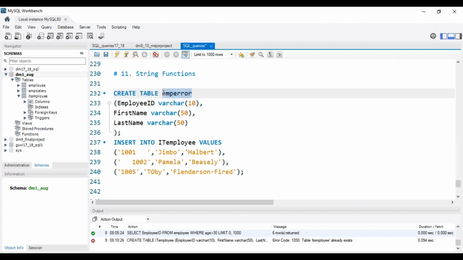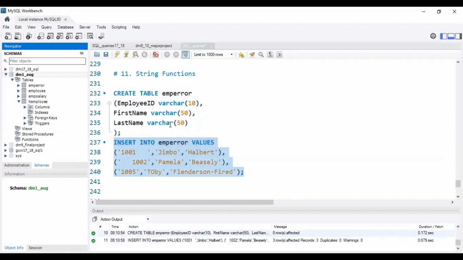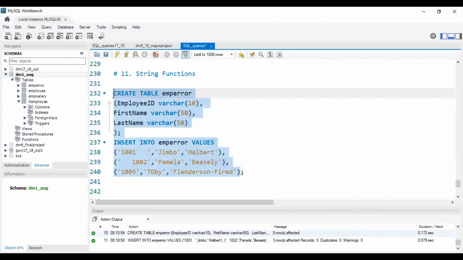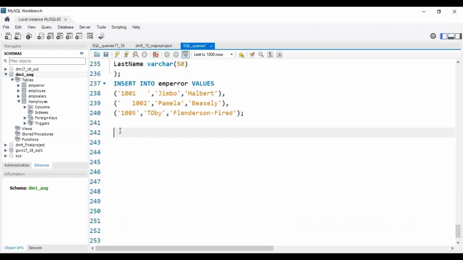Okay. Now create. It is created. Now insert the data into it. Refresh. Let me share this function to you. Got it? Now, let's get into the string functions. The data is created. Let's see what is inside the data. Select star from